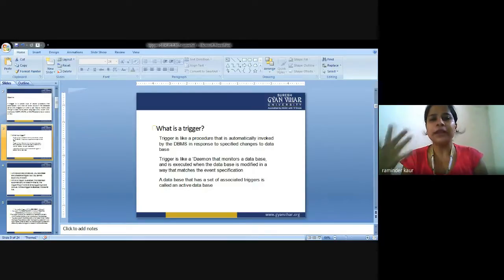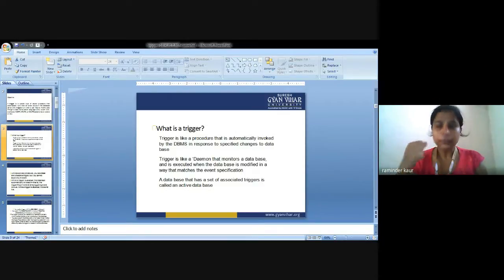So what is the benefit of using DML triggers? First of all, DML triggers are similar to constraints. Constraints mean there could be certain types of restrictions, or some constraints on the data to be fetched, so that only particular data could be acquired by the user, and that too with certain rules associated with it, and those rules could be some constraints.